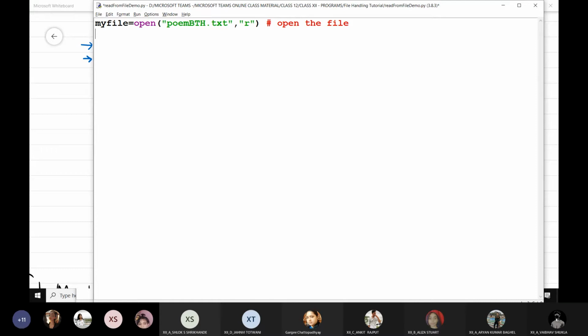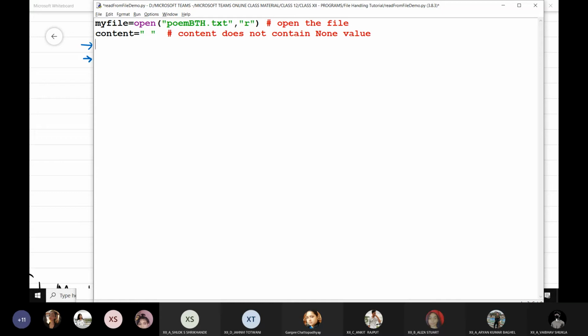Now you have to read content from the file line by line. So for using the readline function, we first define content and just provide a single space to it, so that content is not None. It should not contain an absence of value.